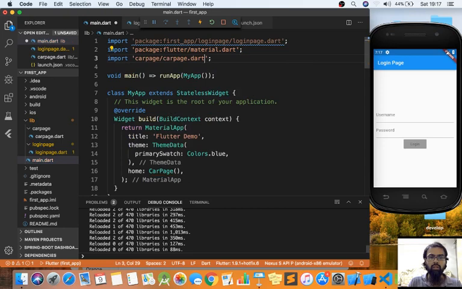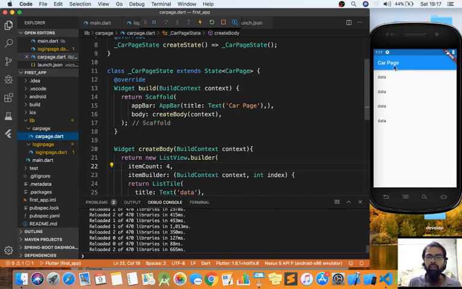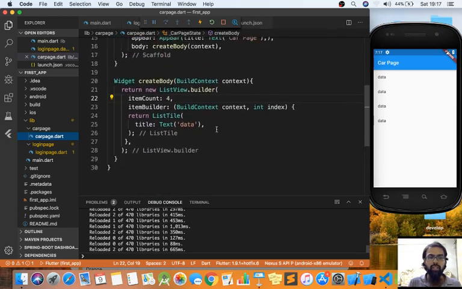Yeah, here it is. So I can see my list view over here, and it displays data 4 times, and this is the app bar. Okay, so now instead of displaying the same data, I'm going to create actually a list